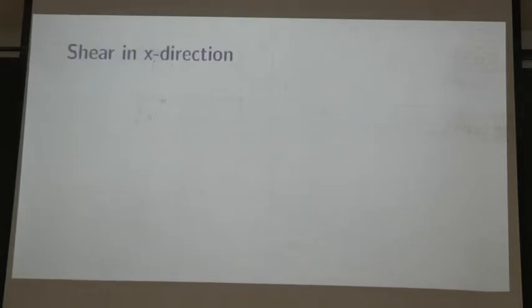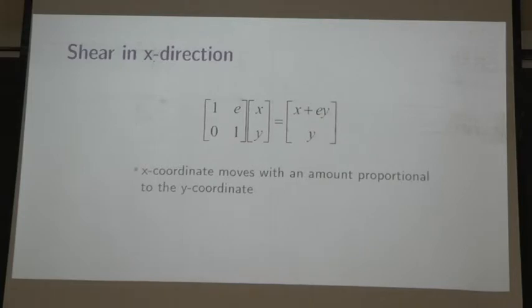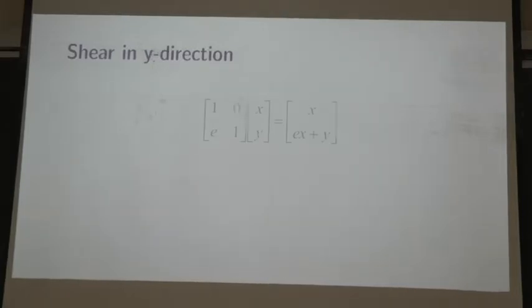Okay? So we call this a shear transformation. It's like if I had a deck of playing cards and I slide them like this. So it's a shearing transformation. In general, a shear in the x direction looks like 1 E 0 1, where E is the shear factor. And I'm calling it a shear in x direction because what I drew, remember the x direction was like this. So what I drew was actually a shear in x direction. Okay? What would a shear in y direction look like?